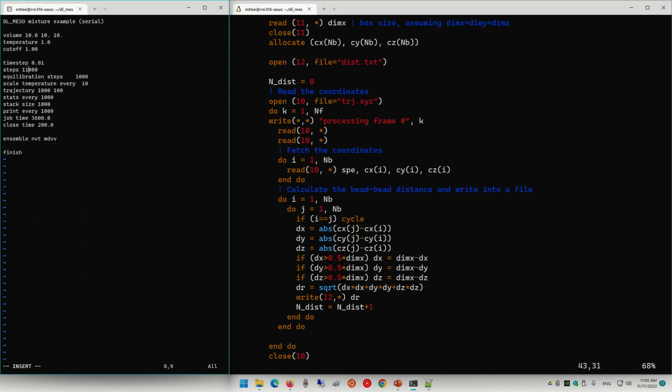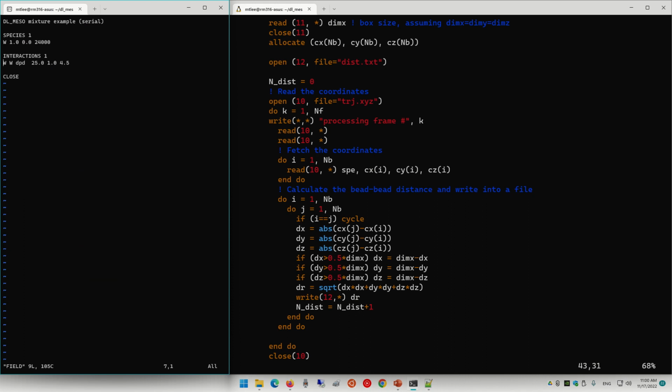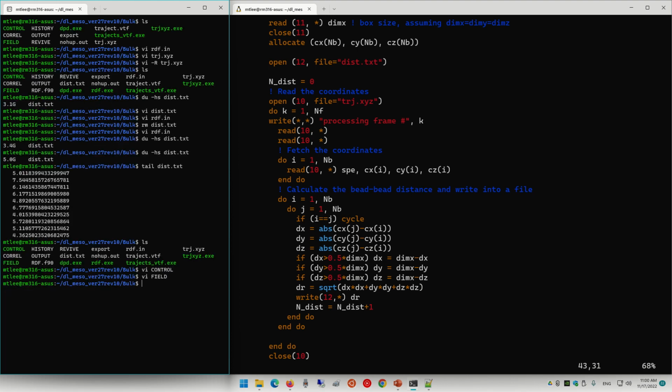And then step size. We can use the same simulations, but changing this to 3000. Okay. Let's run this simulation again. No hub. MPI run.